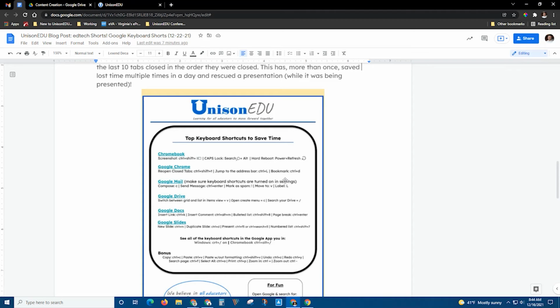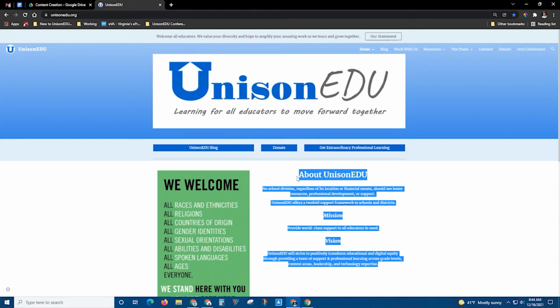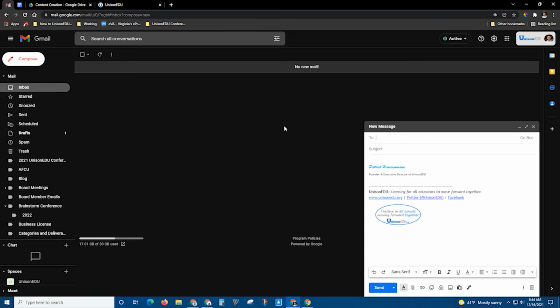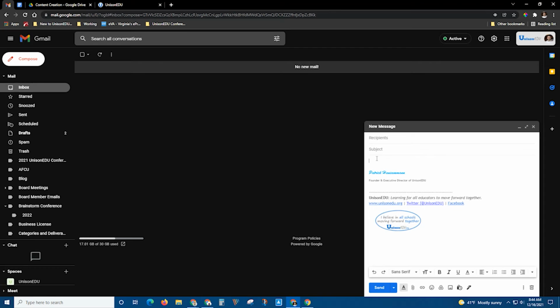But there's one other keyboard shortcut that I definitely want to point out because it's one I use nearly every single day. And that comes in when you're copying and pasting. So say I want this section right here from the UnisNEDU website. I want to copy that, put it into an email so it's something I don't have to type all over again. I'll use my Control-C to copy it. And if I come over to compose an email, I'll come down into the body. And if I just do Control-V, wow, it's the text I wanted, but it is definitely not the way I wanted it. So we'll do Control-Z, wipe that out, and this time we'll do